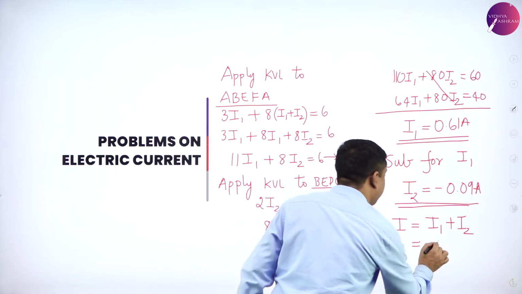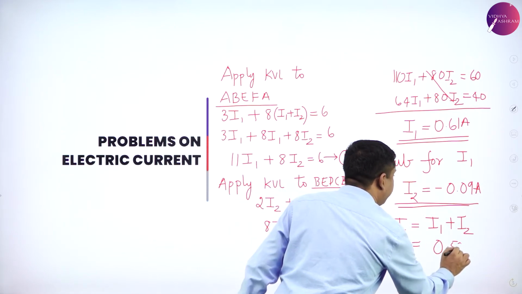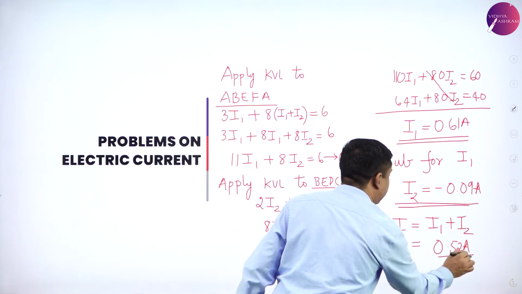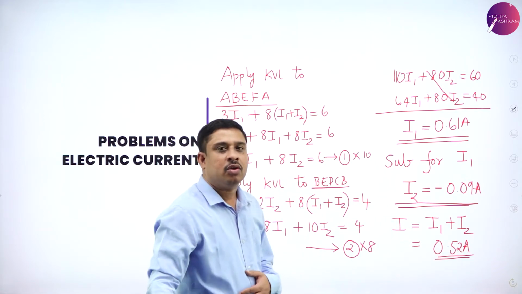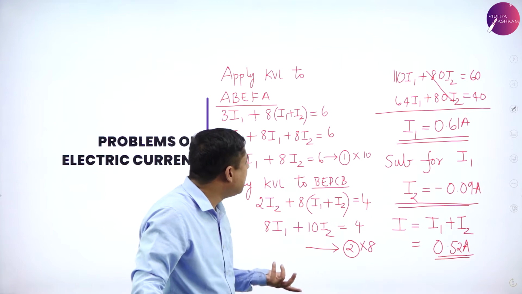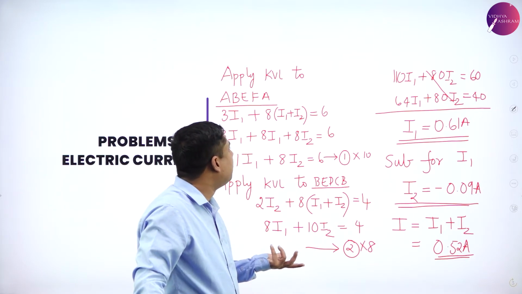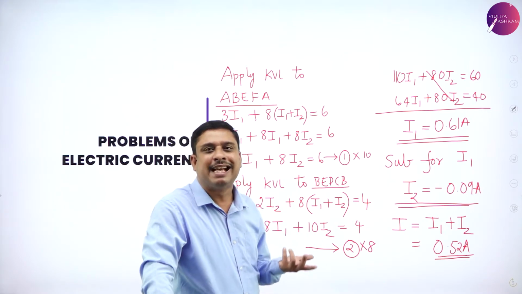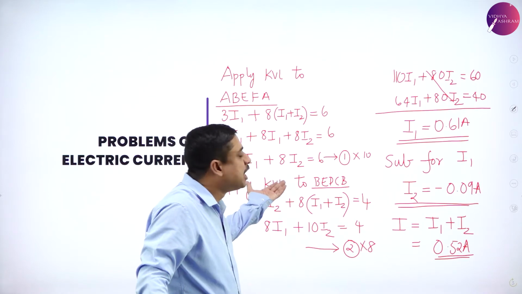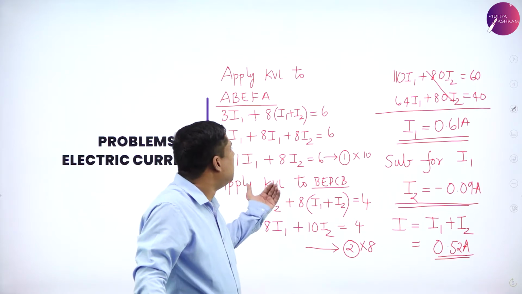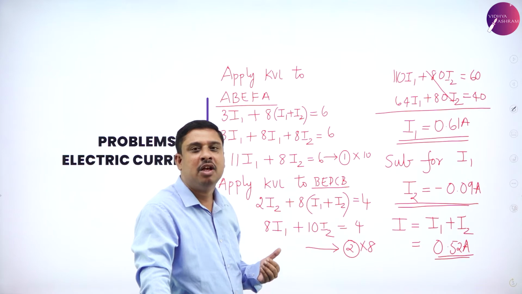So the answer for I is 0.52 amperes. So students, very simple, where we have used a set of laws called Kirchhoff's laws, knowing the convention,